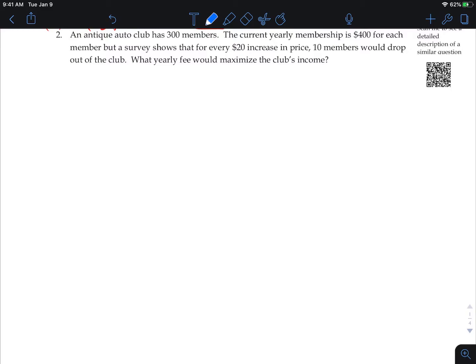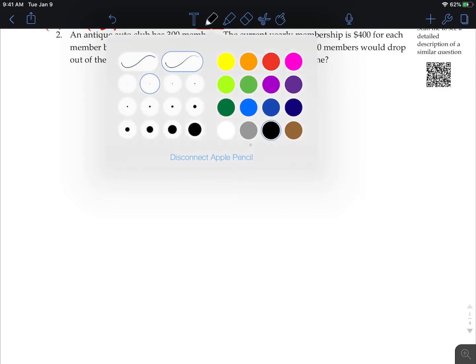So these questions here, anytime you're going to sell stuff, anytime you sell stuff, this is a very conceptually easy concept. If I'm going to sell anything, it doesn't matter, t-shirts, golf balls, whatever, the amount of money that I'm going to make, the revenue,